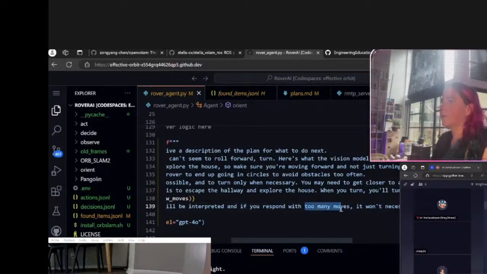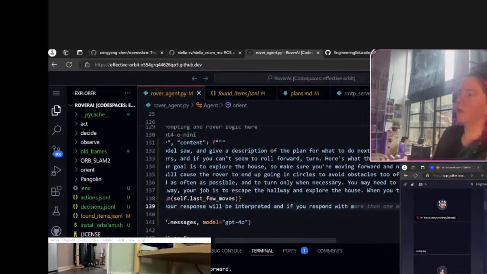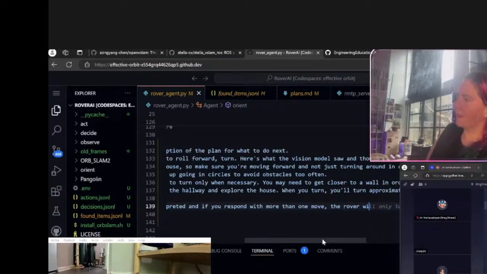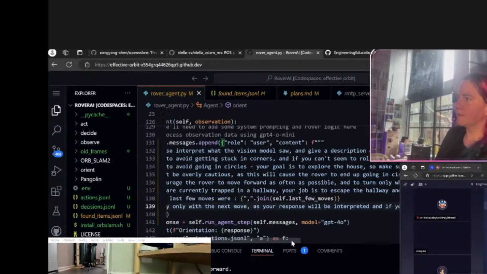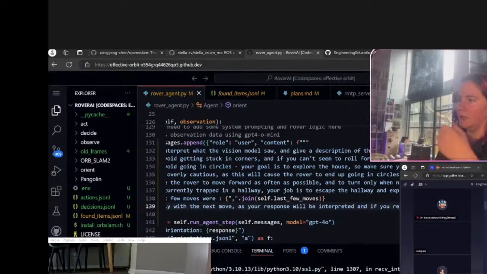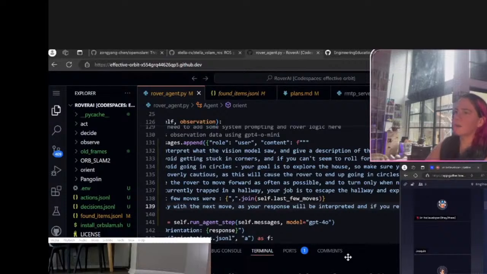With more than one move, the rover may get confused. Okay. Cool. So this may help. It's a little bit of tweaks, a little bit of different approaches.